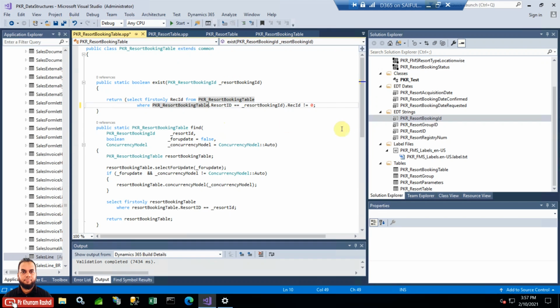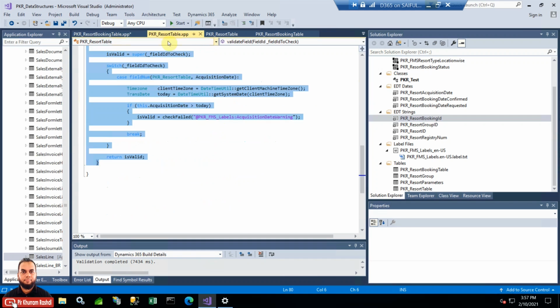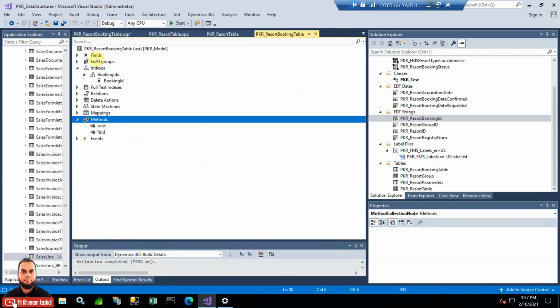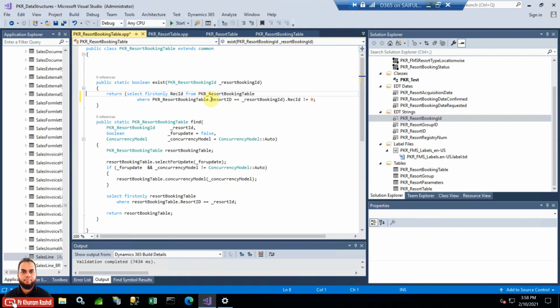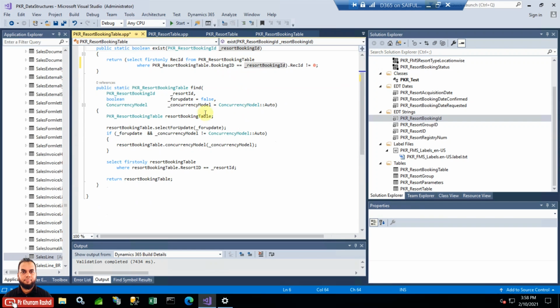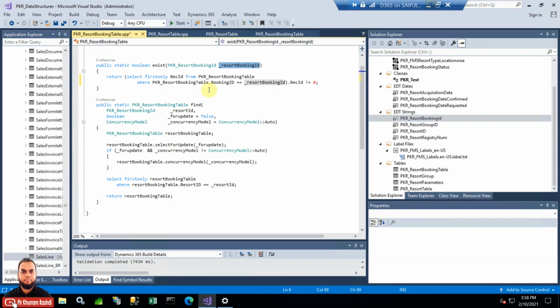For booking ID, I can go to the resort booking table. It is basically booking ID, so that can be put here, booking ID and resort booking ID will be compared, and here also it will be resort booking ID,